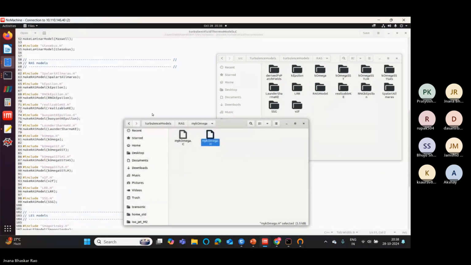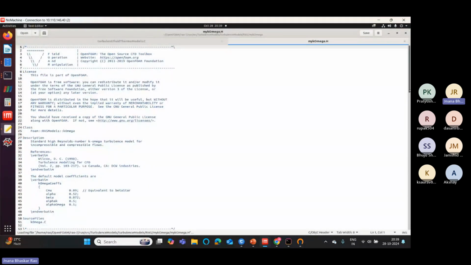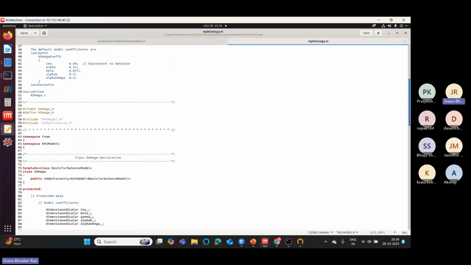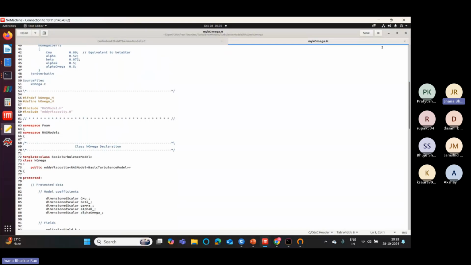Okay. Again, within these files, I have to rename k omega everywhere with my k omega. I can do it with stream editor. So sed space minus i and then whatever substitution you want to do. That is possible. But what I want to do is actually show you where all this actually has to be changed in the file. So for example, I can do it with find and replace here, but I'll just do